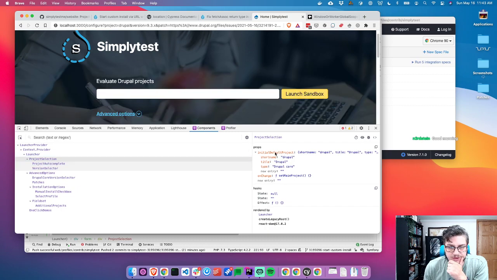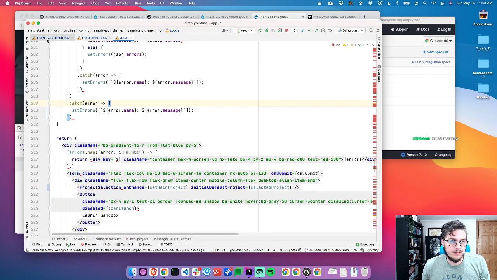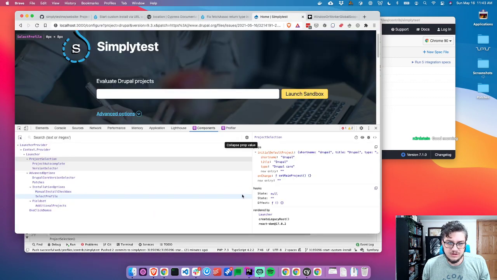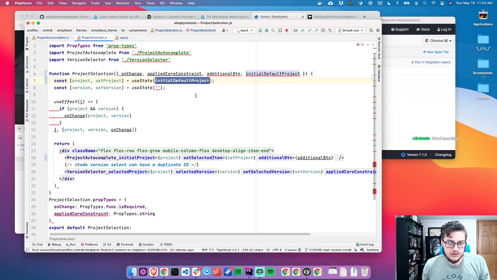All right, so we've got initial default project is this value. That's in project selection. We set that to be the state, which is null there. So maybe that's the problem, is this should always be,